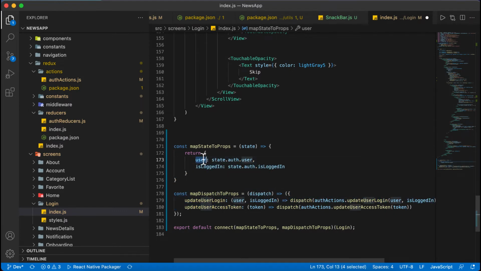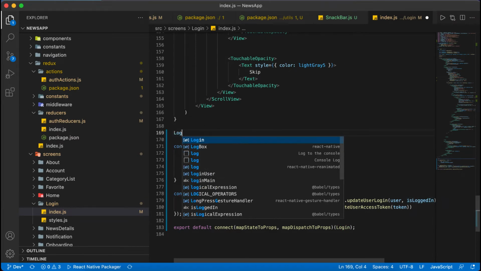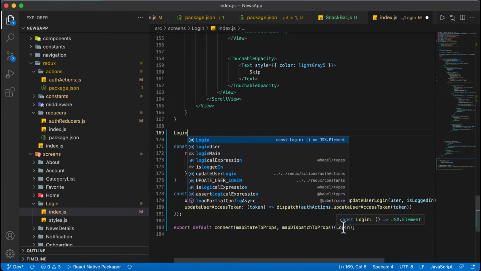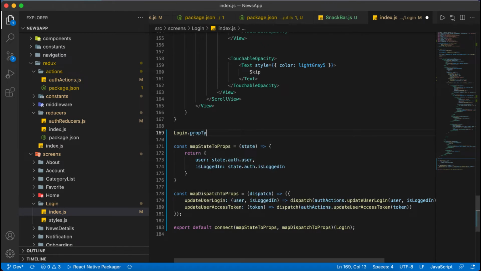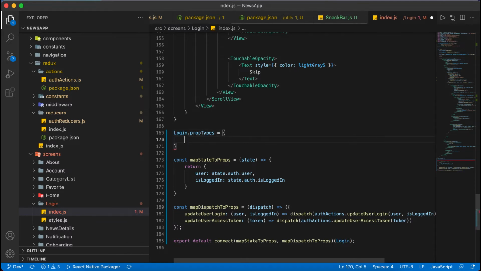As user is an object, this is a boolean type, and this is a function, so we need to verify it. So we will take the function name as login, whatever the page or function name is, and here we need to write propTypes like this, and it will take an object,